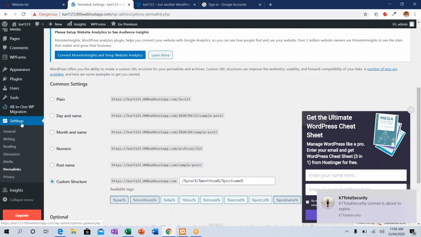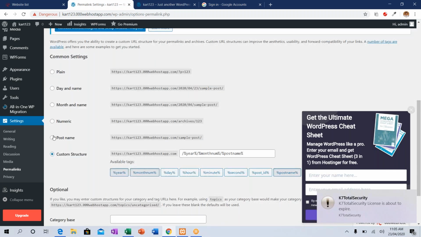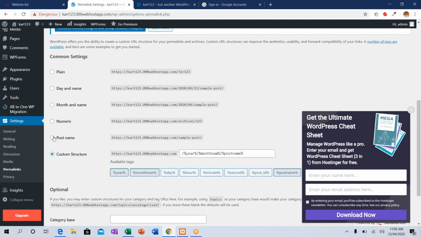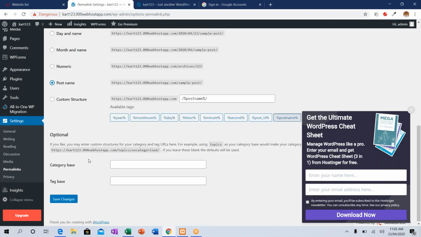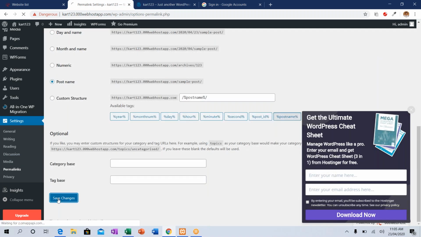See, inside settings, you have to go to permalinks. In that option, under common settings, you have multiple options there. You go for post name. For what are we giving this particular thing? For giving a proper URL to our website. For example, website slash our page name will be redirected in a proper manner. If you have not given a permalink, go to permalink and under common settings, give the option as post name and click save changes.